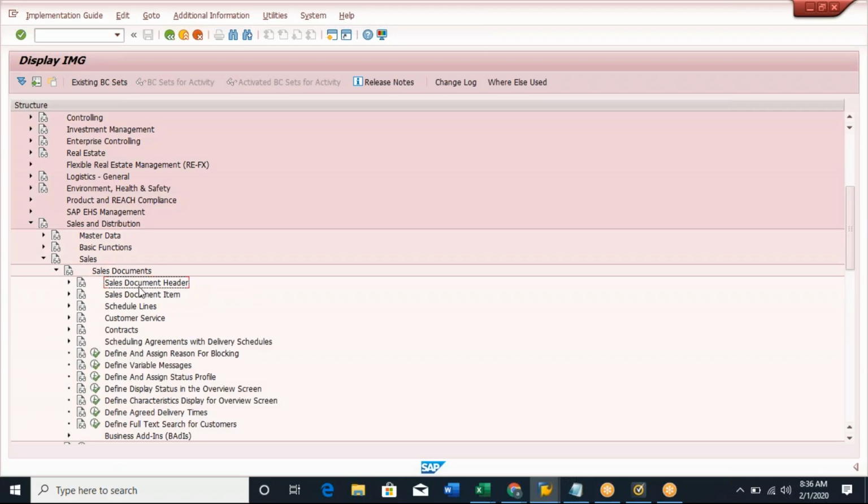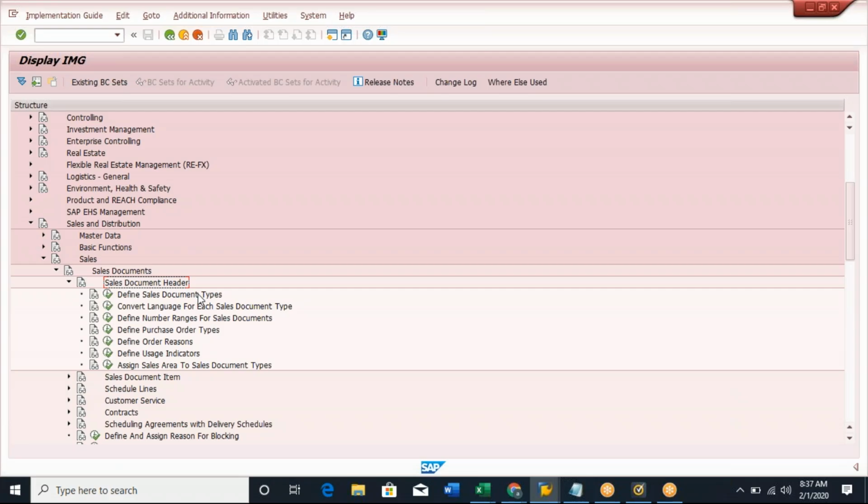This is a little confusing now, but the sales document type configuration is available under the sales document header. What is the item? I will tell later, maybe after completing this. Okay, sales document header. If I go here, you can see: define sales document types. Configure or define the sales document type. If you click on it,